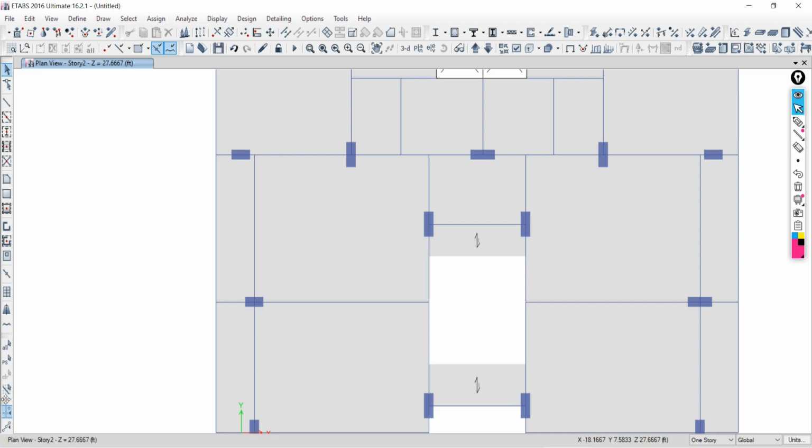Just say clear. Suppose I have selected this beam, this beam, this beam, this beam, and I have to perform the assignment of the load. Suppose I have assigned the load and now the selection is removed. I selected these 4 frames, but I again want to select the same elements. I would need to click over that, then that, then that, many times. So what option is there? Just click over previous selection, so the last selection will be active.